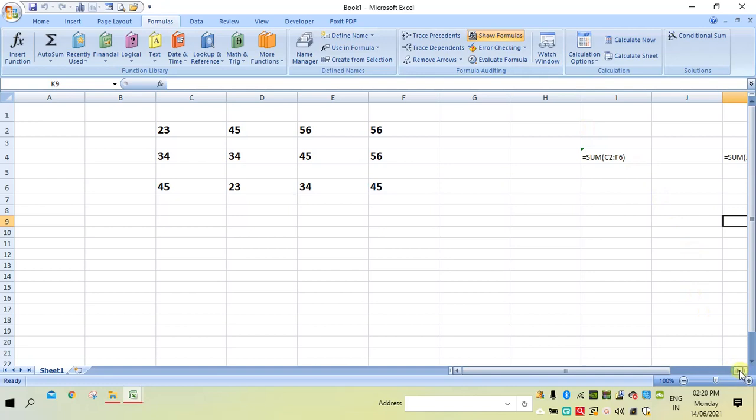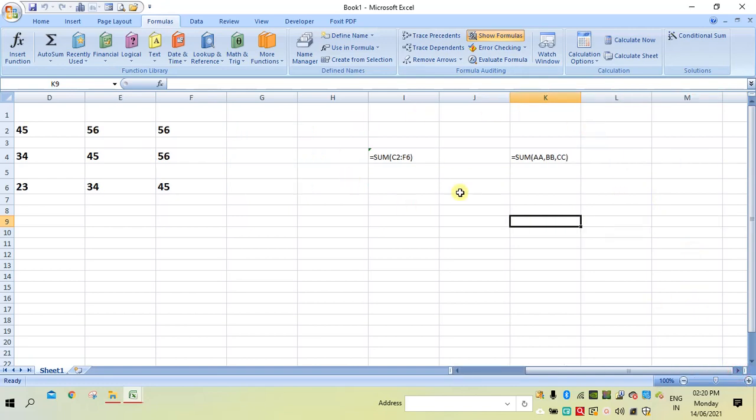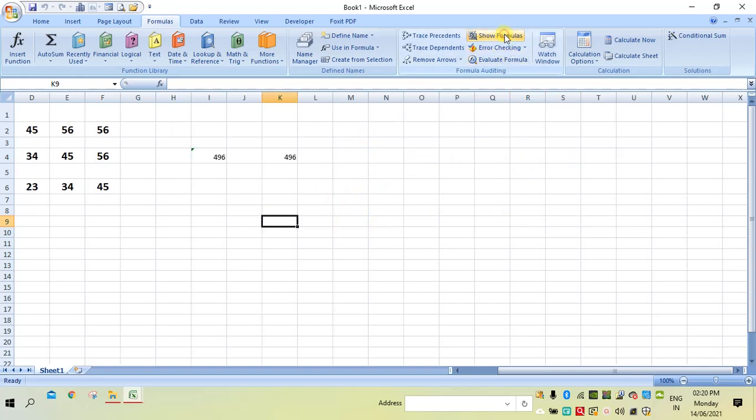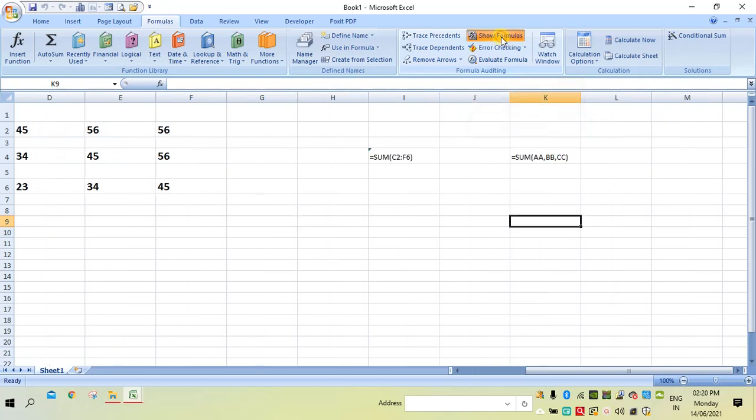So here you can observe these are the formulas you have entered. Suppose you don't want to see the formulas again, then again click on this. So this way you can see the formula entered in the cell, or if you don't want to see the formula, the same button is used.